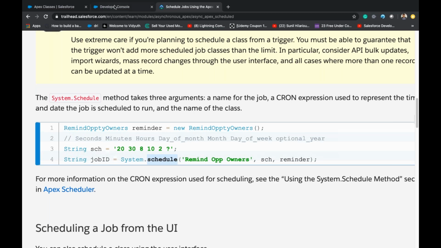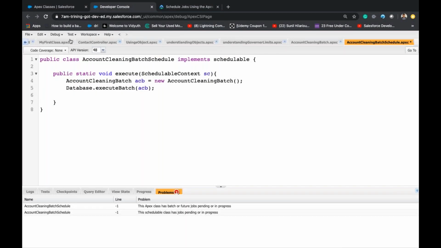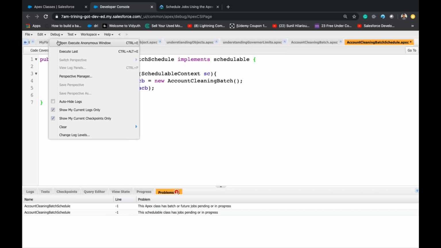Did I make any mistake here? Okay, so this cannot be edited, right? That's what the error below says. Because it's already scheduled, we cannot modify it.